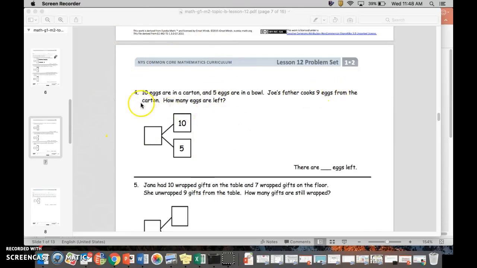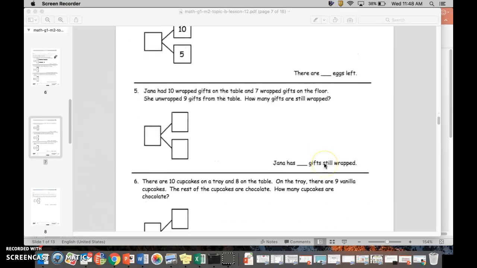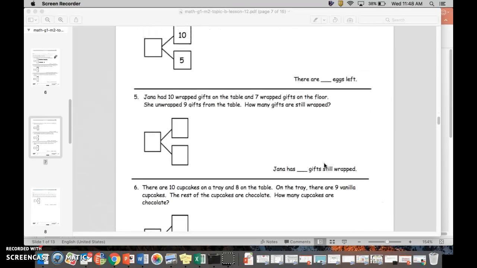Joe's father cooks 9 eggs from the carton. So draw out your 10 eggs in the carton and show me the 9 he cooked. And draw out your 5 that are in the bowl. And then tell me how many eggs are left. And then number 5,